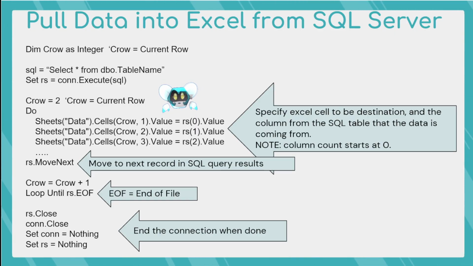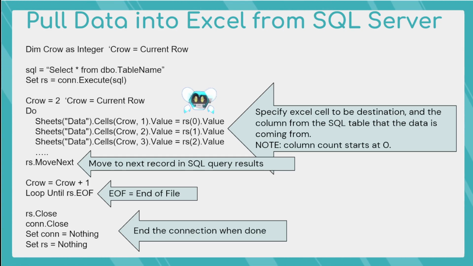And for our example, I already have the column headers and column in row 1. So I'm going to say, starting at row 2, I want to have our loop start filling in column by column the records from SQL Server. So this is just saying, in our sheets here, we're calling it data. In the Excel tab called data, on the current row, in column 1 or column A, I want the value to be